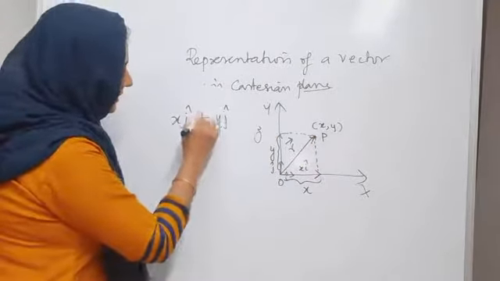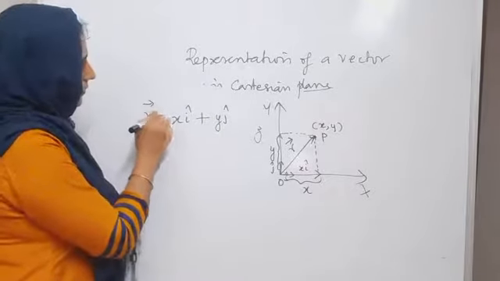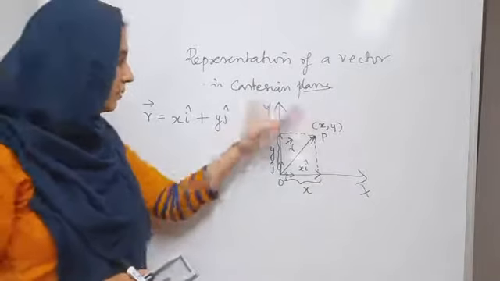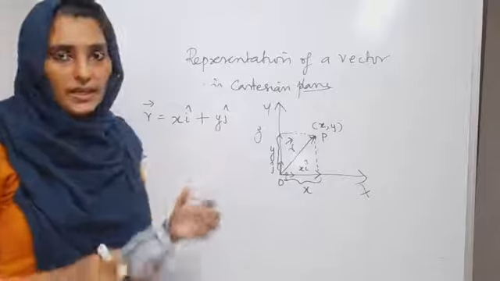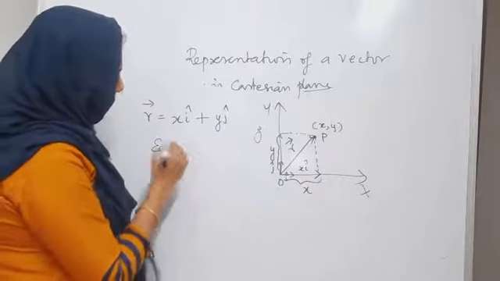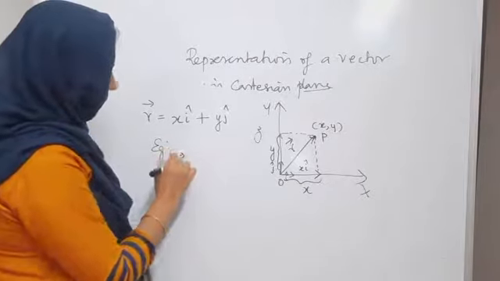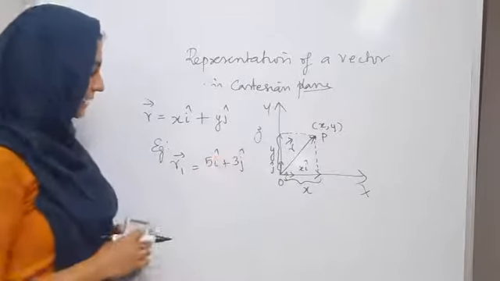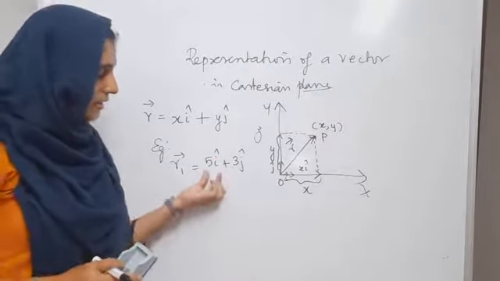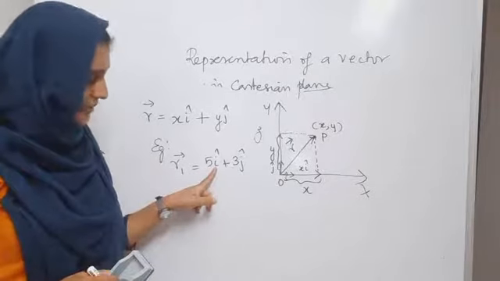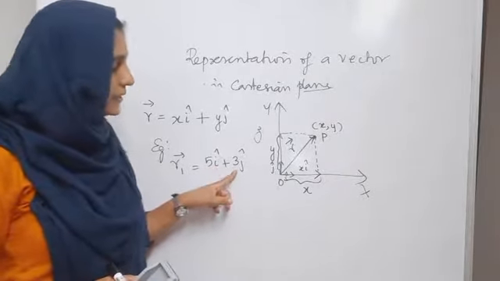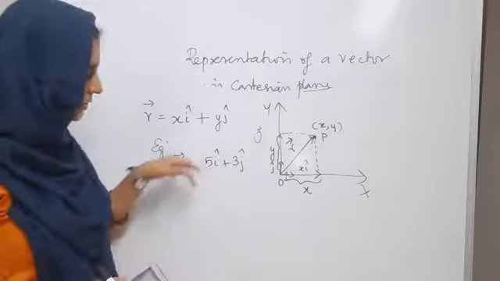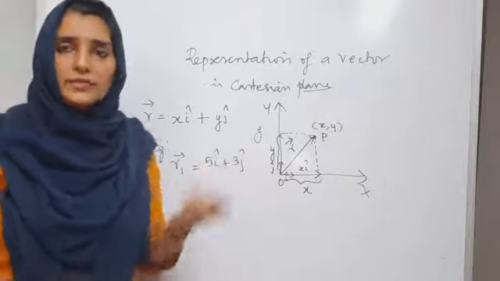Now we can just put a plus symbol here, and you will get the position vector. So R is the position vector which can be specified in the Cartesian plane as x I cap plus y j cap. For example, the position vector of a particle at initial position R is equal to 5 I cap plus 3 j cap. What does that indicate? It indicates that it is 5 units along the x-axis because it's multiplied by I cap, and 3 units along the y-axis. It can also happen in the negative y-axis and negative x-axis also. In that case, you will have -3 and -5 or -1, whatever.